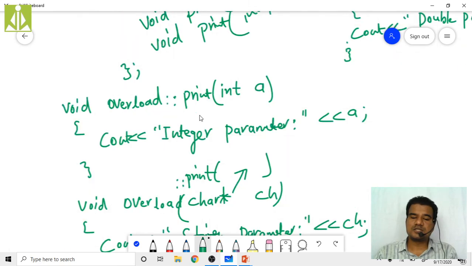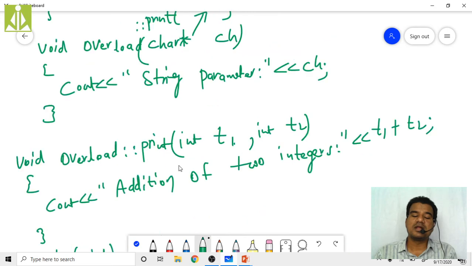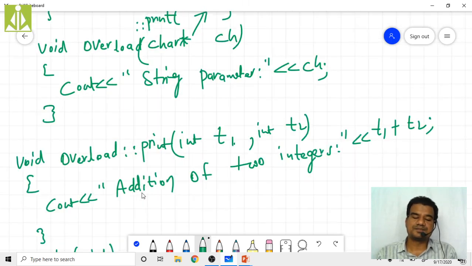And don't expect that it is going to sum all the types. As we are writing the definition and declaring the print function only with integer types, it is going to add only integer types. Suppose you call a function like this.